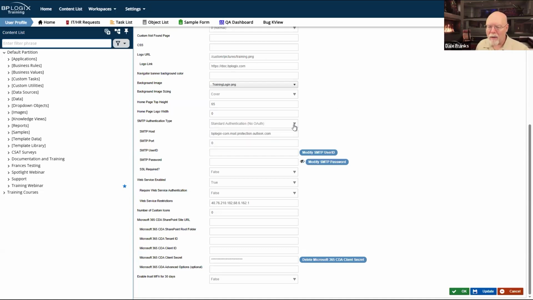But if I am using Mail Relay, and all I really need for that is my SMTP host, now we're going to send the email a little bit differently, because now we're going to ping that server and say, hey, I got a message. Here's the message. Will you send this for me? And the server is going to look at that message and determine yes or no. And if it determines no, it's not going to send it, and it's going to send back much more detailed error logging.